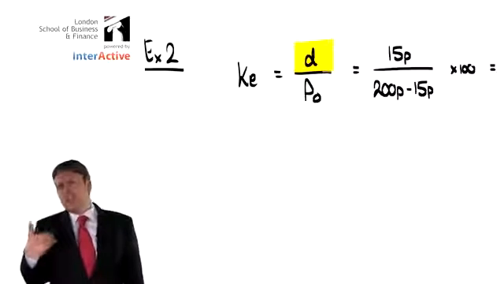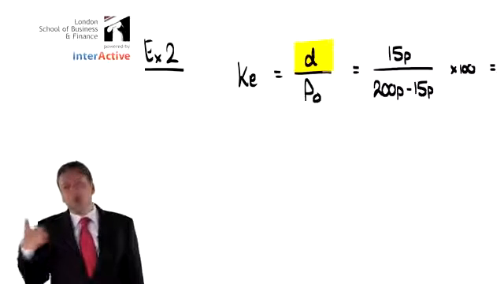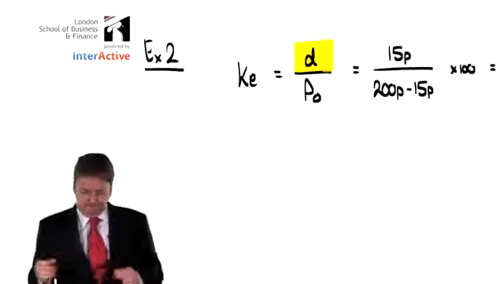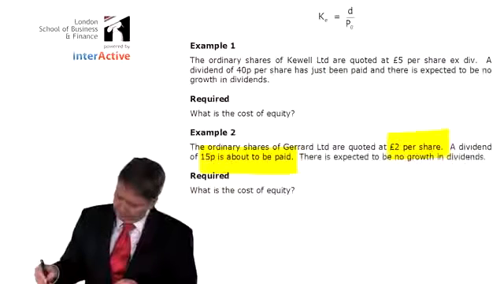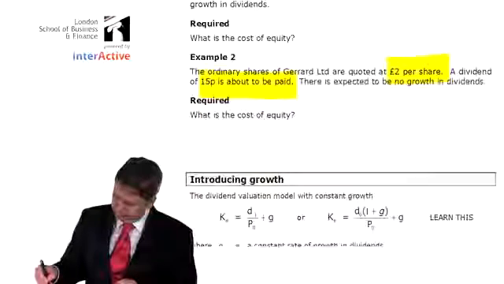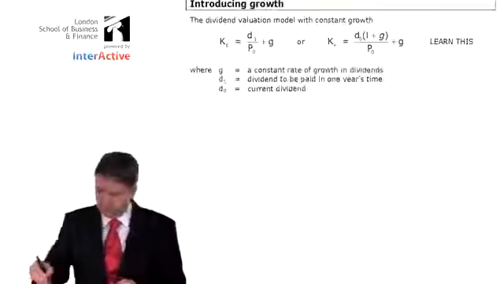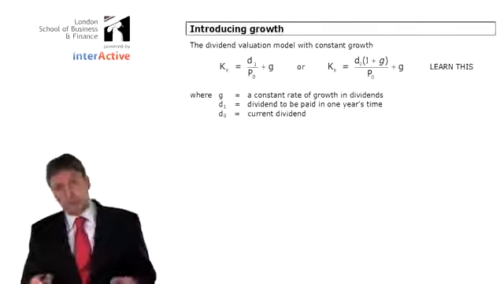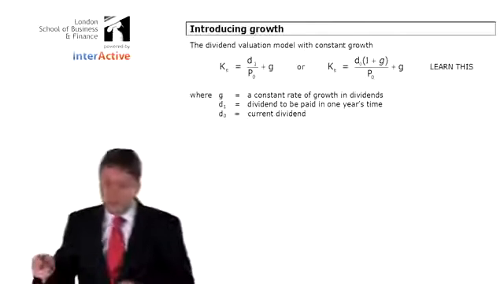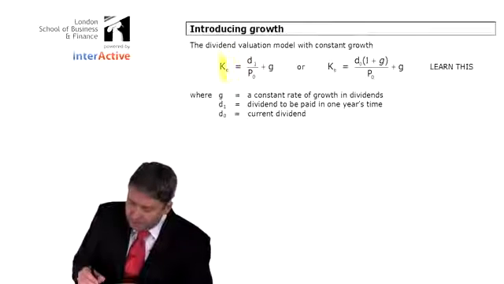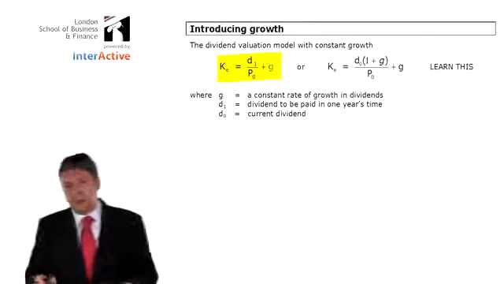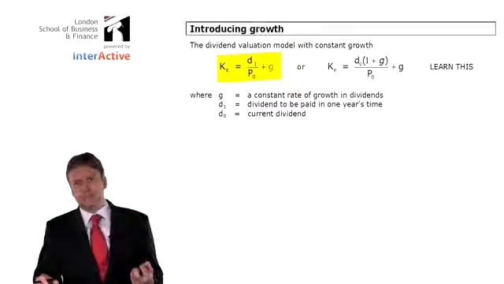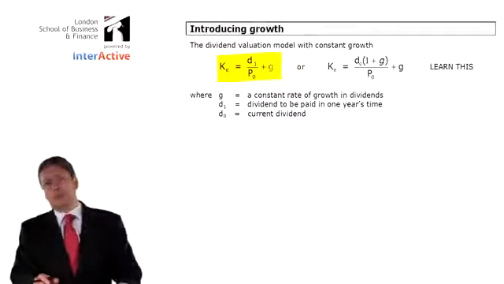So the sort of thing that we tend to get is where there is a constant growth rate in the dividend. So let's look at it. If we were to look at the formula for growth, all we find is that we have played around with the formula that we have already got. We've incorporated growth into what we already had. Now, looking at the formula that I've highlighted,